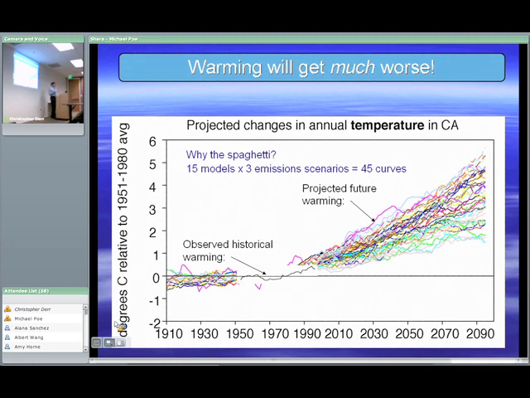Court mentioned this last week, but the major driver of climate change is the buildup of greenhouse gases in the atmosphere. Now, how rapid is that going to be? Well, we don't know, and we can't know because it depends on all kinds of decisions made by all kinds of people. It depends on whether you buy a Toyota Tundra or a Prius. It depends on how well we implement AB 32. It depends on what happens in China and India. So we can't possibly know how rapidly greenhouse gases will build up in the atmosphere. So we have scenarios, which mean guesses.